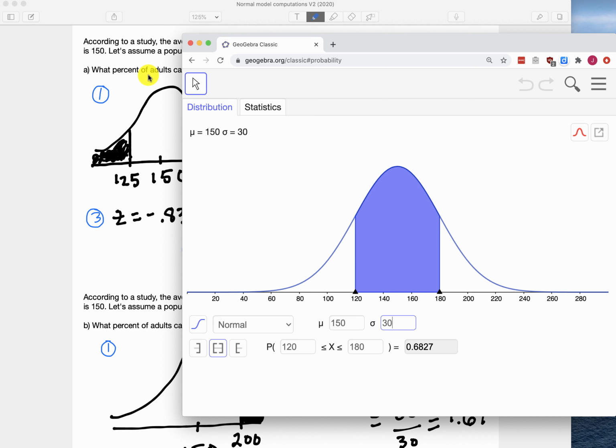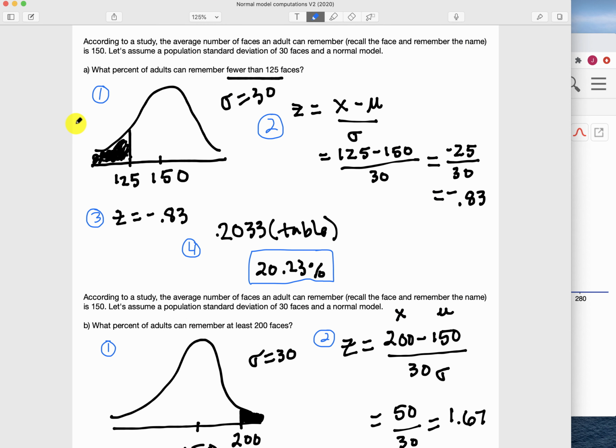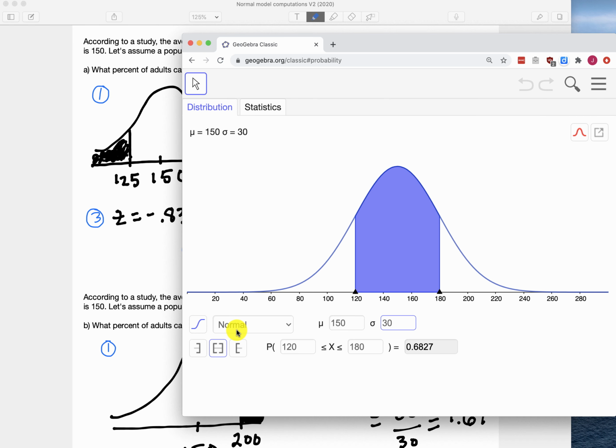So the question says, we know that this is the shape of the distribution. You can see the number of faces along the bottom axis. We're curious about the probability of adults knowing less than 125 faces. So we're going to use a left tail probability. So I'm going to click the button for left-sided probability, and our picture will change. And then we need to give the cutoff that was from the problem, and that was 125. So I'm going to change the box to x less than or equal to 125, push enter, and we get our